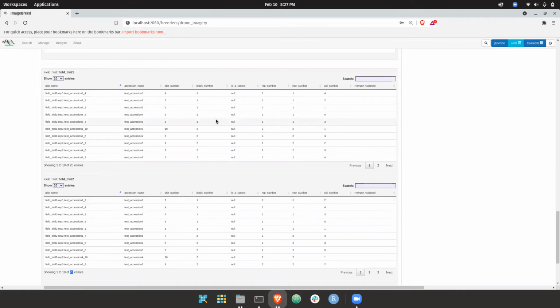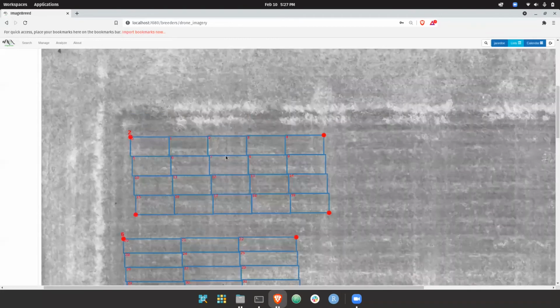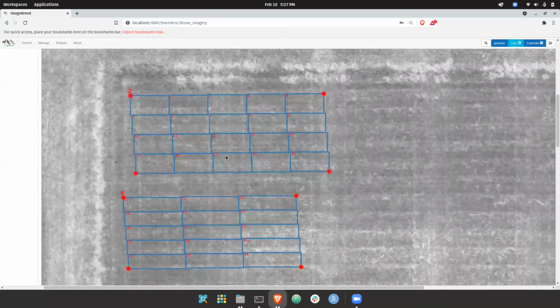The first was 5 accessions randomized into 4 blocks, and the second was 5 accessions randomized into 5 blocks. And so we need the drawn templates to match up to those field experiments,